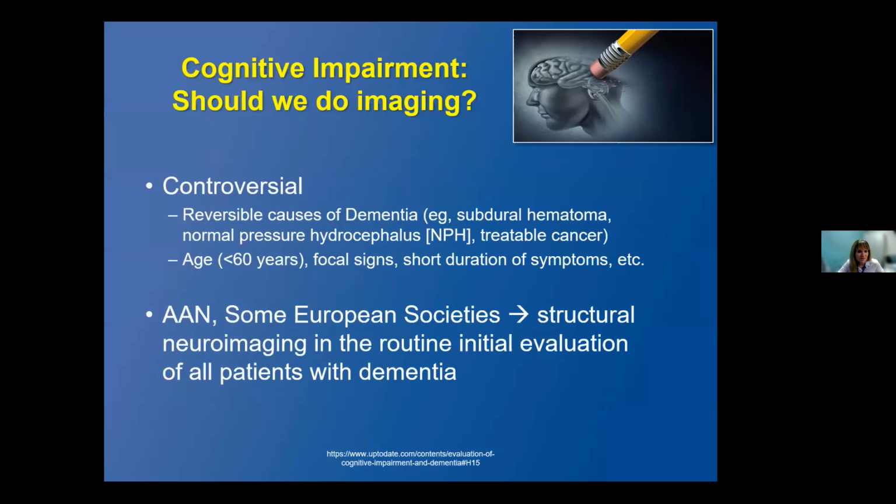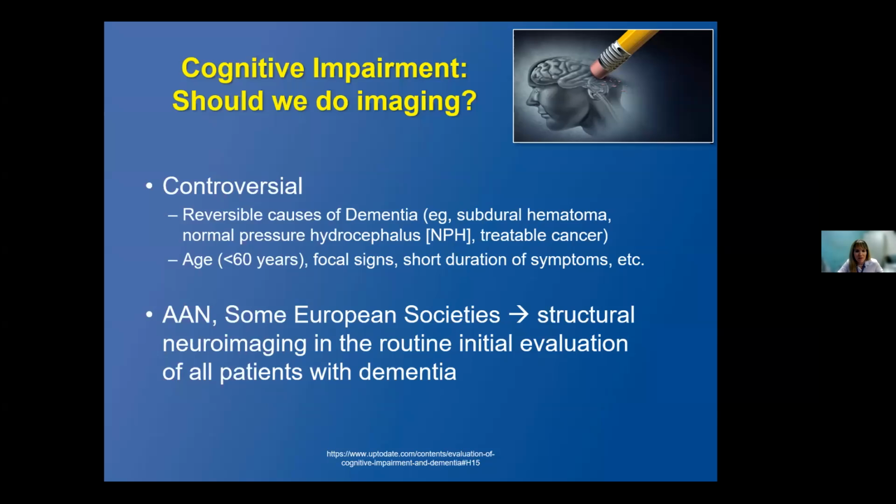The prediction rules vary, of course, including factors such as young age, for example, a patient less than 60 years old, if a patient has focal signs, or a short duration of symptoms, for example, less than 2 years, etc. So the problem is that the sensitivity and specificity of these prediction rules are obviously not very high. And,